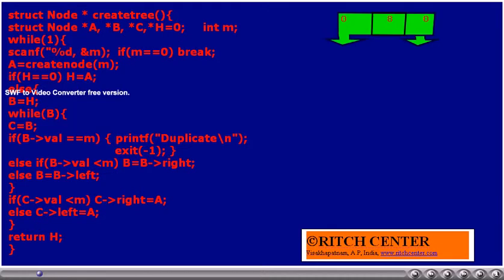Otherwise, a while loop is written such that we will traverse the tree till we find a node to which this new node has to be added as either a left child or right child. And then, once all the numbers are maintained in tree fashion, the tree's root node will be returned to the main or calling function.